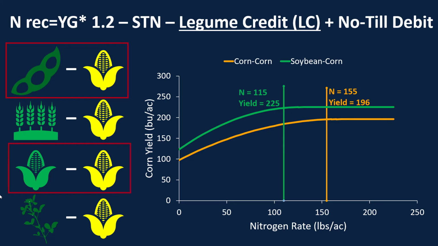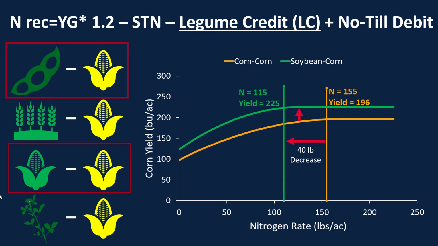If we look at the values of how much nitrogen was required to hit optimal yield and how much yield we receive, this is a trend we see. We normally see an increase of yield when we plant corn after soybean, and we see a reduction in that nitrogen fertilizer requirement, and that reduction is around 40 pounds of nitrogen per acre on average, which is where that credit comes from.